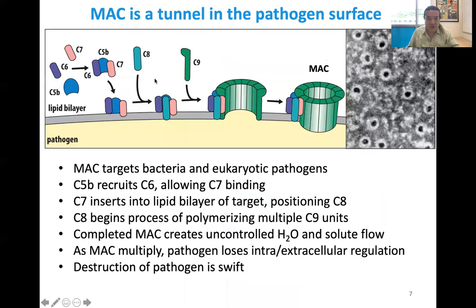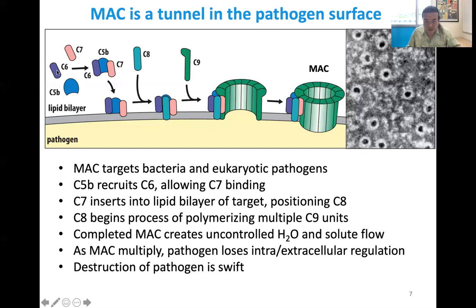Okay. That's what's pictured here. The MAC is essentially poking a hole in the surface of the bacteria. It is a complex that makes a tunnel through the membrane of the bacteria so that water now flows uncontrollably through it. Here you can see this is the C5b that was made on the previous slide, and it